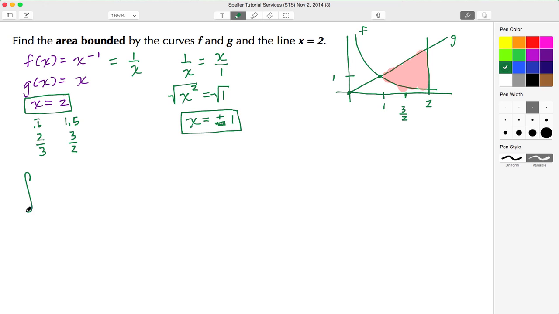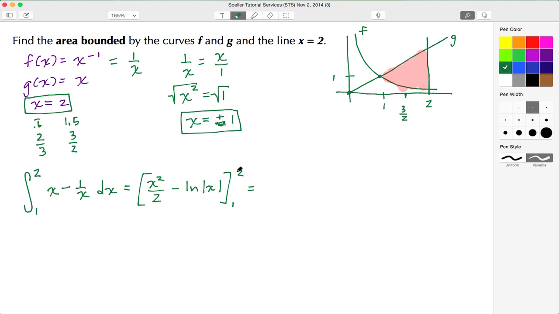So with the integral, we know the boundaries or the limits are from 1 to 2. We know that the g function has to be listed first, which is just x, and we're going to subtract off the lower function, which is f, which is just 1 over x. And we put in the dx for proper notation, and now we need to integrate both of these terms. So x becomes x squared over 2 minus, and 1 over x is the natural log of x once that's integrated. Now we put in our limits, again from 1 to 2, and we do a basic substitution.